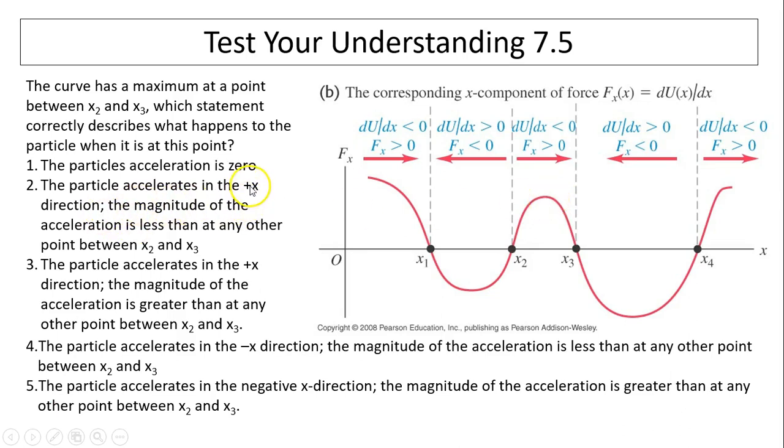This particle has positive acceleration. Yes, because F is positive. But the magnitude of acceleration is less than at any other point between x2 and x3. That is wrong because at this point, force is maximum. Therefore, acceleration has to be positive maximum. So that's the answer, that is answer 3. Answers 4 and 5 say acceleration is negative. It cannot be negative because the force is